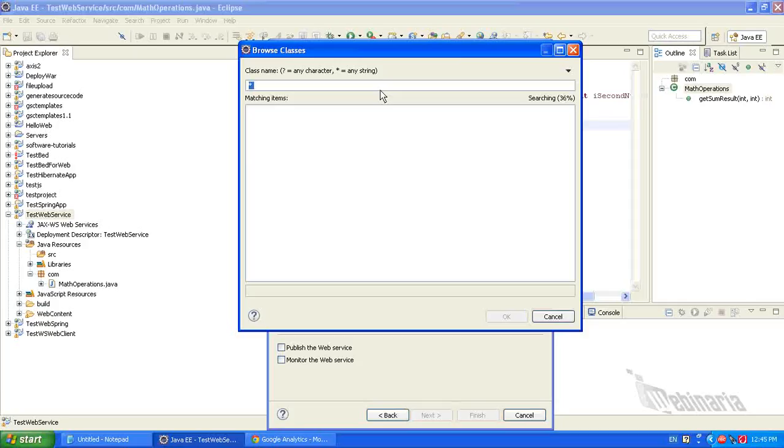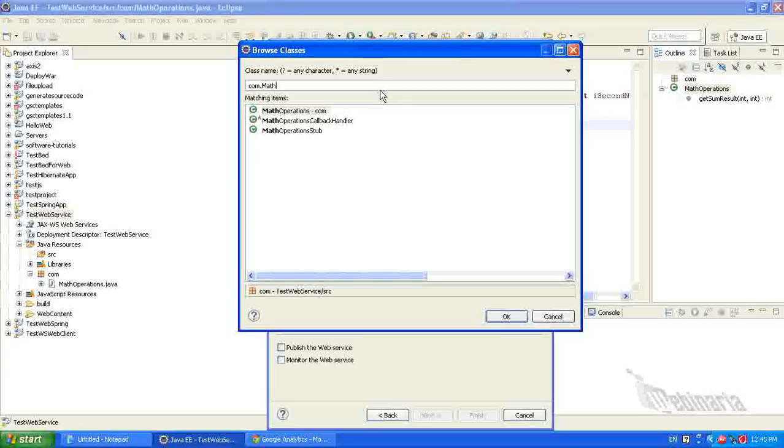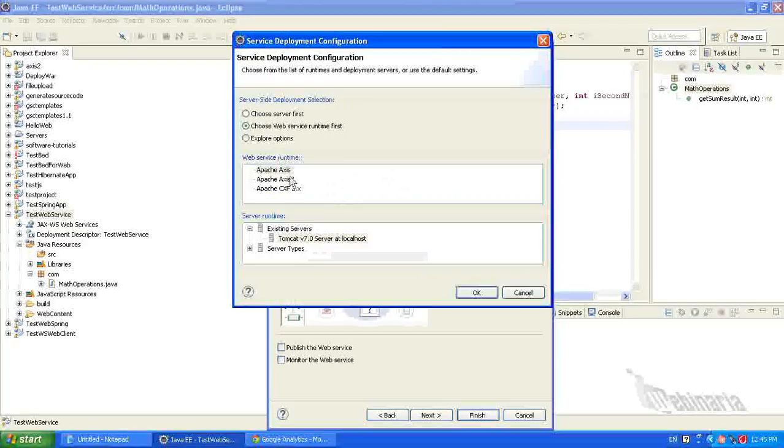Here we need to select the class which will act as the web service class. I selected Math Operations. Then click on Web Service Runtime Apache Axis option. Here select Apache Axis 2.